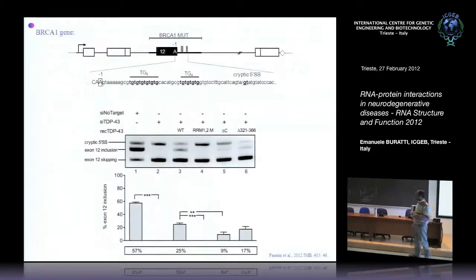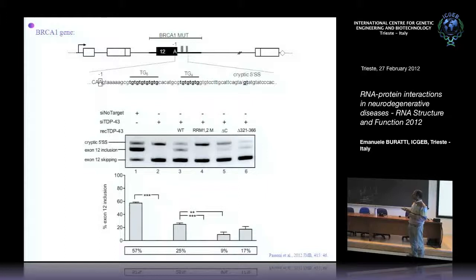But when we inserted some of the most likely candidates, because they were identified as TDP43 targets in vivo, and we put the sequence of this exon with the UG repeats near the 5' splice site, then